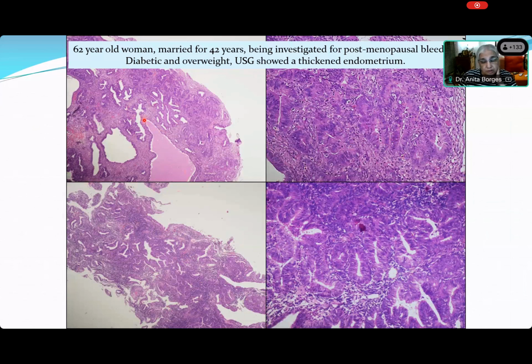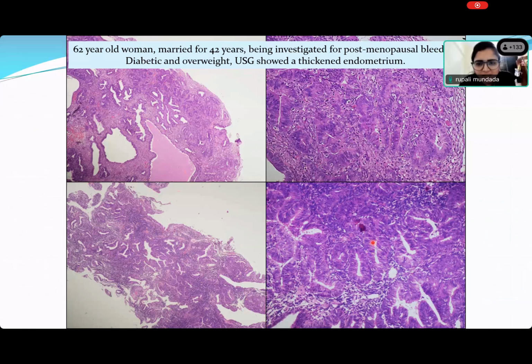On the left-hand side, what is it? Huh? What, Vandana? Rupali, what did you say? Are you there, Rupali? Yes, ma'am. So tell me. Can't hear you, Rupali. Hyperplasia without atypia. So what do you see on the left-hand side? On both sides? Ma'am, hyperplasia without atypia. And what's on the right-hand side? Ma'am, back-to-back arranged glands with stroma. So this is atypical hyperplasia or endometrioid in situ neoplasia, right?